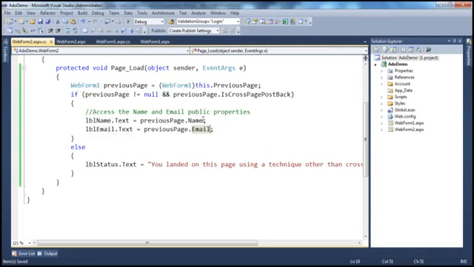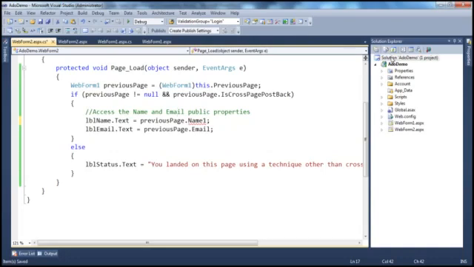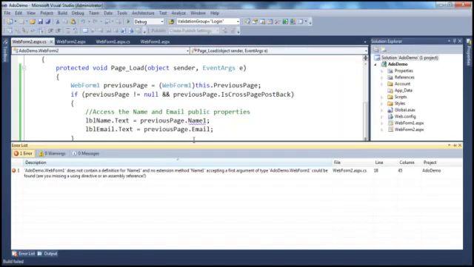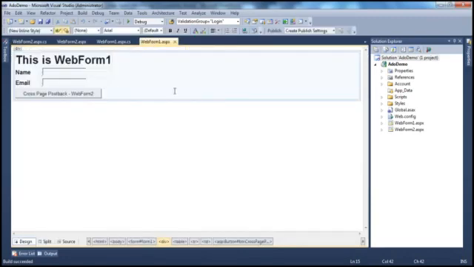Now look at this. If I misspell, by mistake, instead of name I typed name1, look at that, there is a red squiggly, a compilation error. If I try to build the solution, we get the error straight away at compile time itself, and we have a chance to fix this before we deploy this application to the production side, so our end users will not see those runtime exceptions. So now I can correct this. I build this once again, build succeeded, and now once we deploy, our users will be able to access the application,